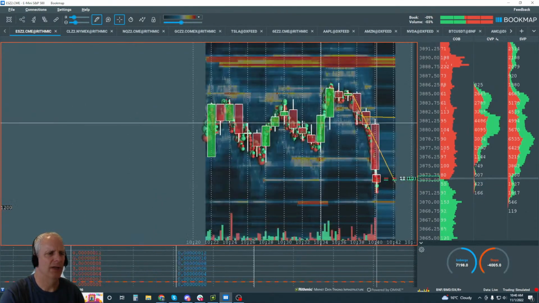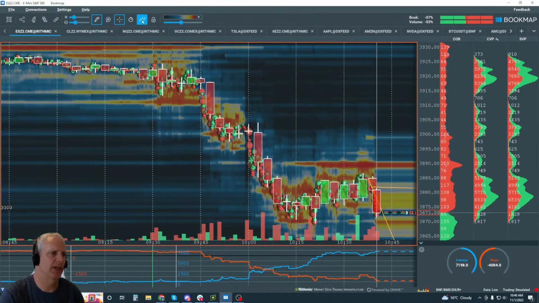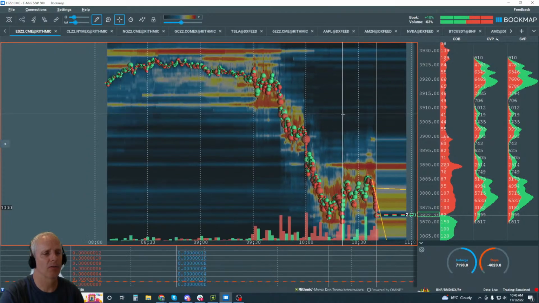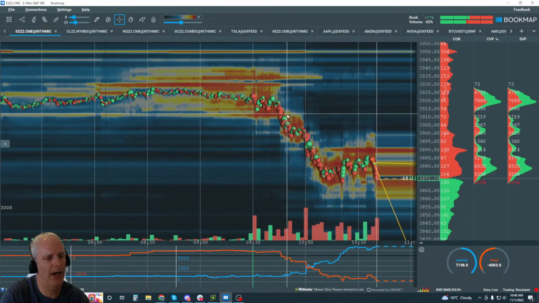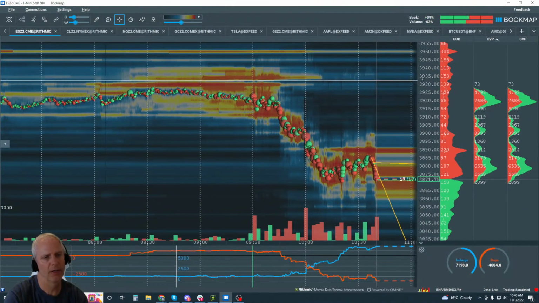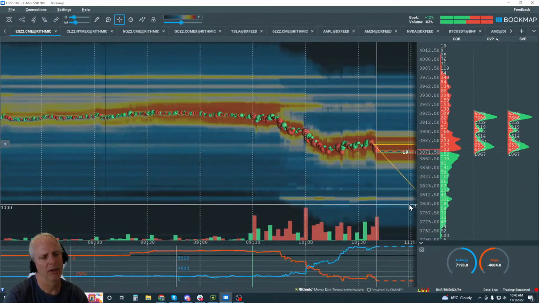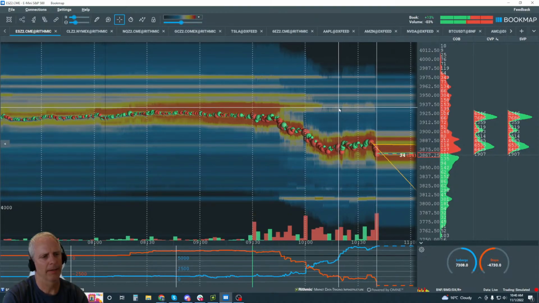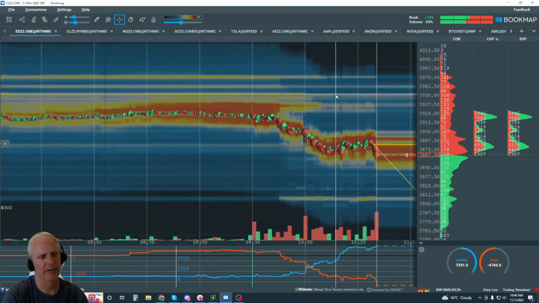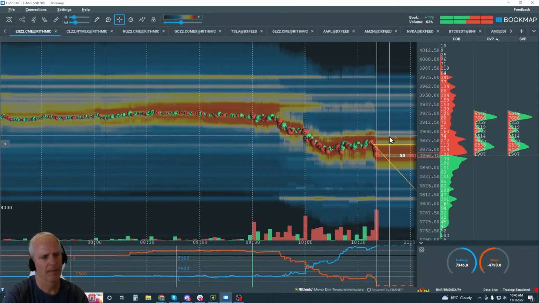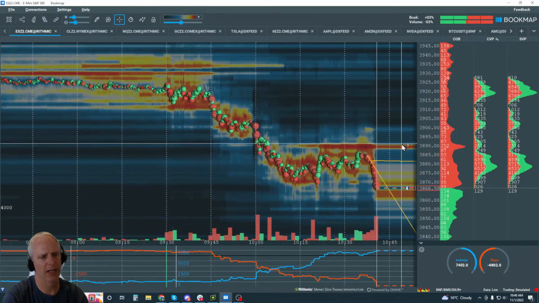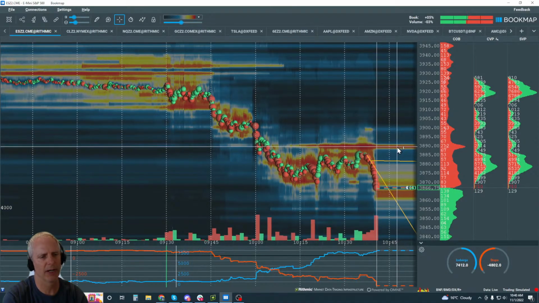All right, so anyway, now you can zoom out and let's take the candlesticks off, and you can look at the bigger picture here as well. So how does the order flow look on this bigger picture? Well, they're way down here, just before the figure at 3,800, and up here 39.70, 39.50, and our level here, what would we call it, 80 or 90 here. They're still up here at 90.